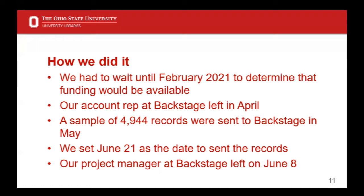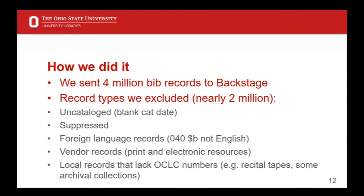Despite all of these issues, on June 21st, we sent 4 million bib records to Backstage. We had approximately 6 million records that we could have sent, but we excluded nearly 2 million from the full set for the base file redo. And the types that we excluded included uncatalogued bib records that would have a blank cat date,